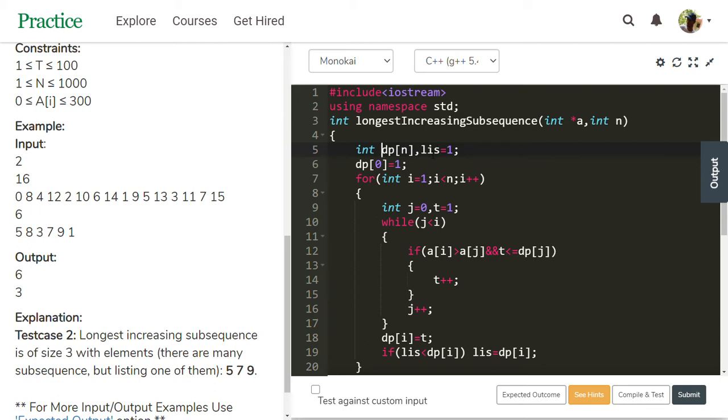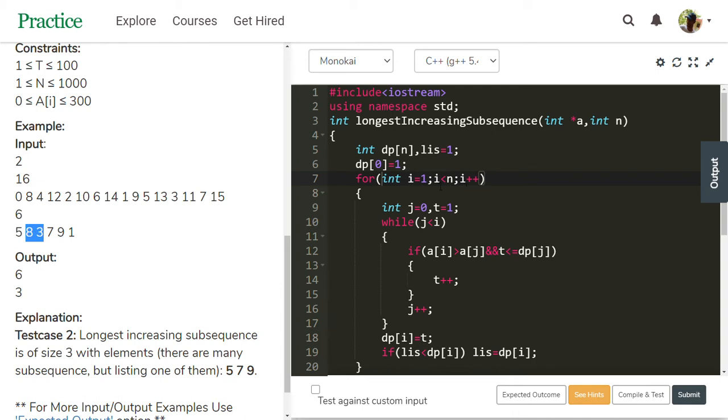Initially, LIS is nothing but length 1. dp of 0 equals 1. The first one has length 1 in dp, at the same position. Then our traversal starts from 8 to 3. So i equals 1. We are at the position of 8, and i less than 3, and i plus plus.